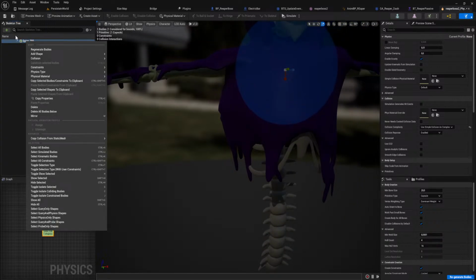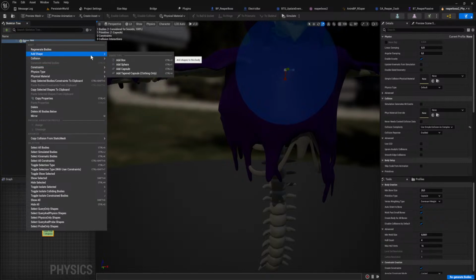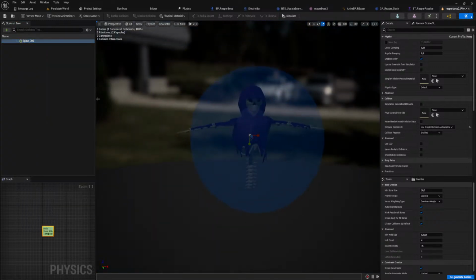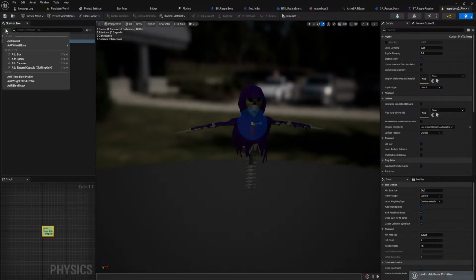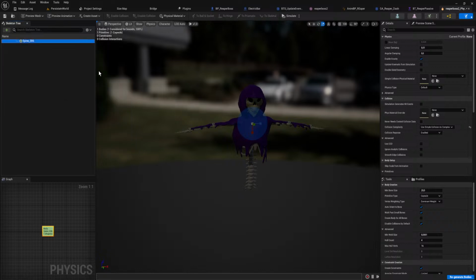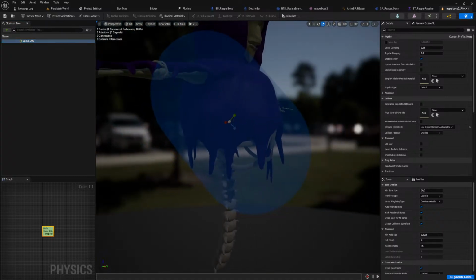So if I add shape, add collision. Okay, add shape. I want to add a capsule under this, right? Or do I add virtual bone, spine 4? Regenerate bodies.